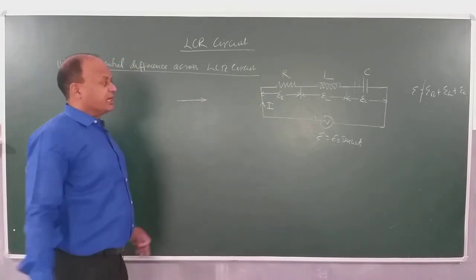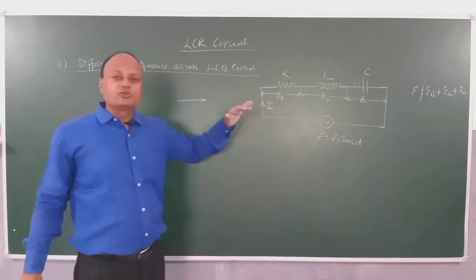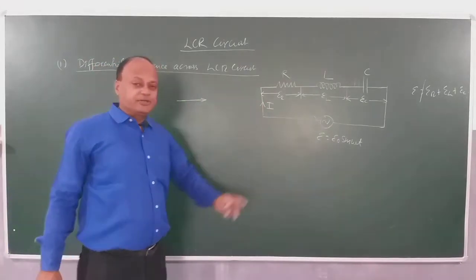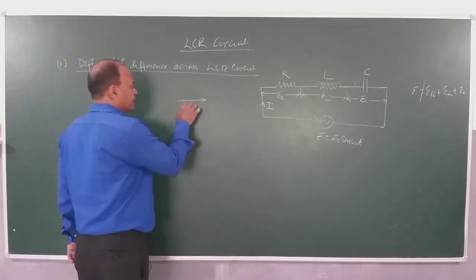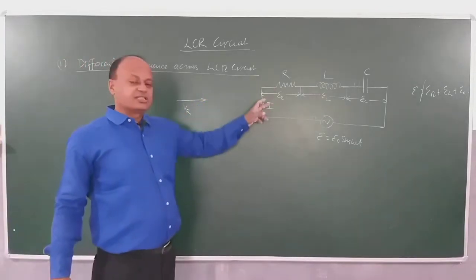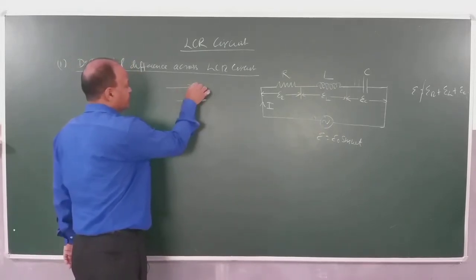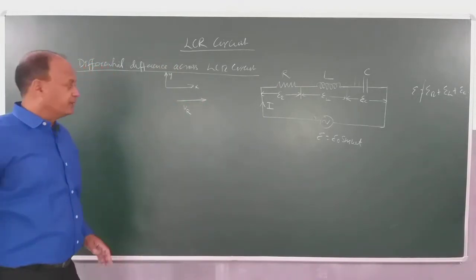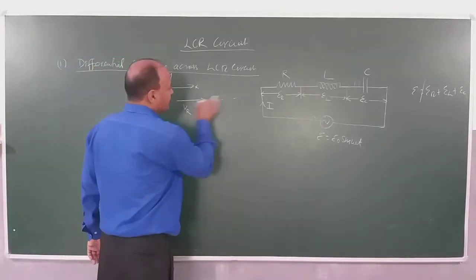Remember, current is our reference quantity. We are referring to the phase with respect to the current. We know that if it is a purely resistive circuit, then the potential difference across the resistance is in the same phase as the current. So let's represent it along the x-axis. I'll assume this is the x-axis, as you already know. This is the y-axis. I'm taking the xy plane because it's a two-dimensional phenomenon. If this is VR along the x-axis, current is also along the same direction.